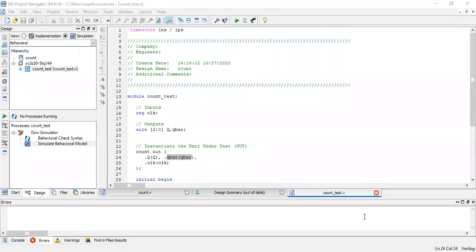So what is happening? Initially, Q will be 0. If you observe Q, only this sequence, it is 0, 1, 2, 3, 4, 5, it goes on. If you observe Q bar, it is 7, 6, 5, 4, 3, 2 and 1. So clearly Q is acting as an up counter and Q bar is giving you the down count sequence.